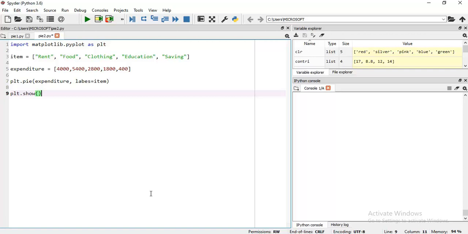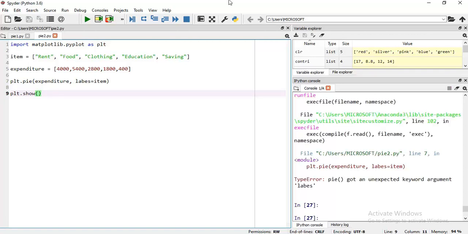Okay, let me execute our code. Press F5. Okay, it is showing some problems. Okay, let me check.